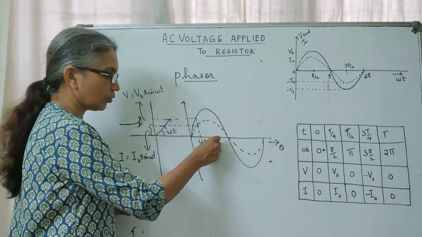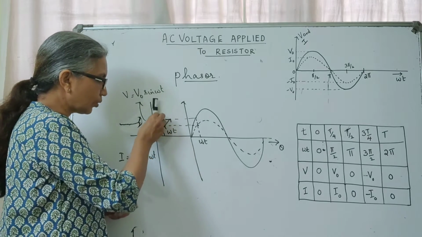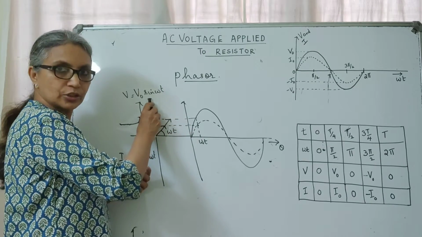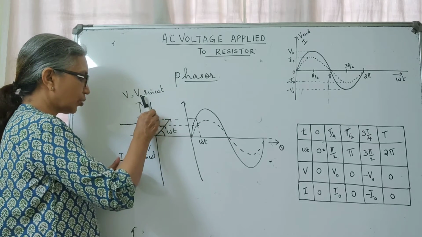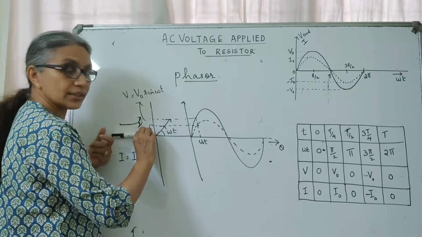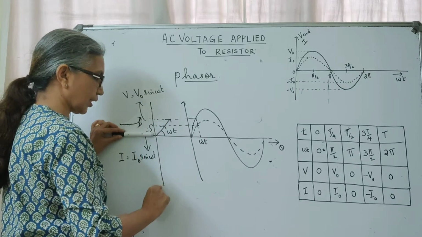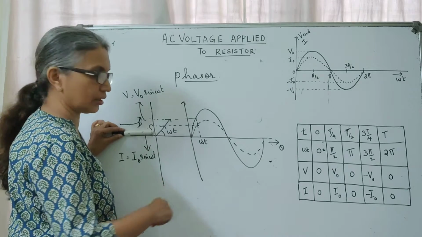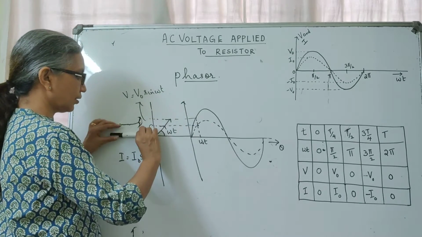Now, at this point when it takes peak values, that is when it would have covered an angle pi by 2, your phasor would have rotated and reached here, having started from here covering an angle pi by 2. At pi, when both of them touch 0, the phasor would have rotated and reached here, so that their projection onto this vertical axis is 0. So that is why I told you, the projection of this phasor onto this axis represents the instantaneous value of that voltage and current. So at this point P, you see both voltage and current touch 0, so your phasor is in this direction.